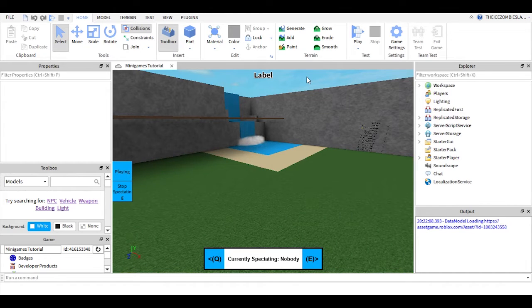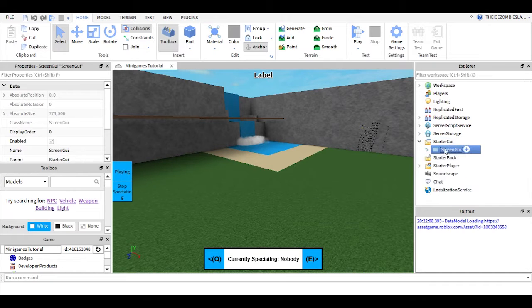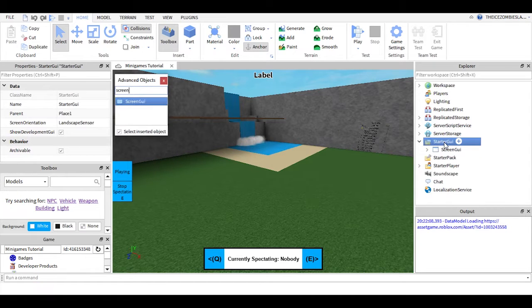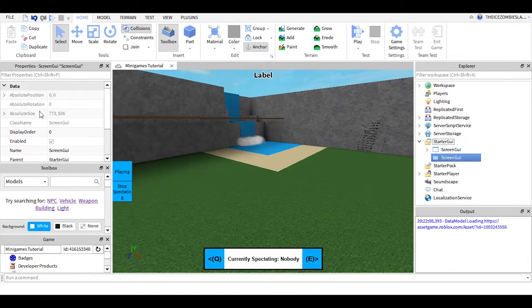In this video I'm going to be showing you how to display the end results of the minigame, being the people who won and the people who lost the minigame. So I'm going to start off by making a GUI, but this time it won't be inside the normal screen GUI we have. We're going to create a new screen GUI for it, and go to your properties window and